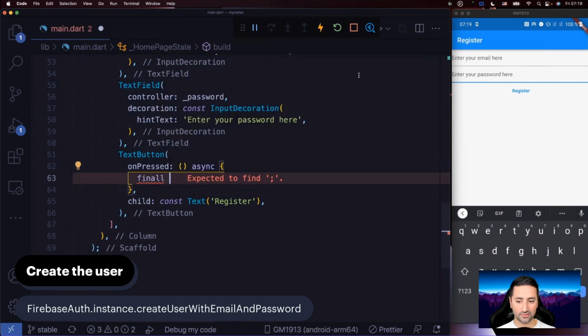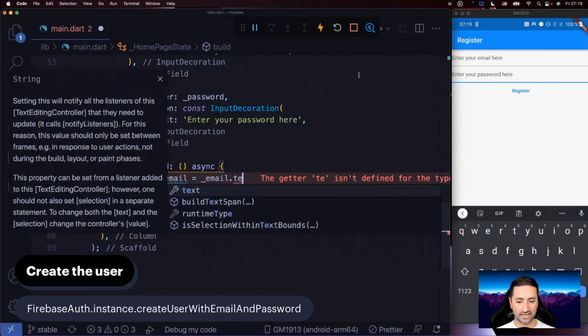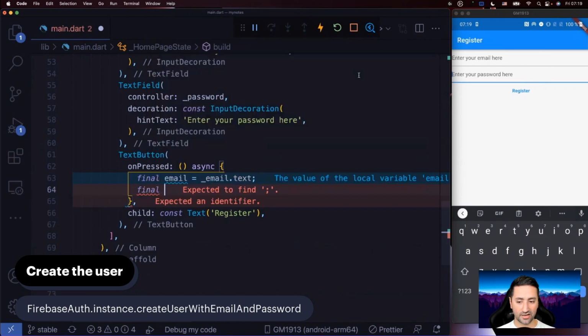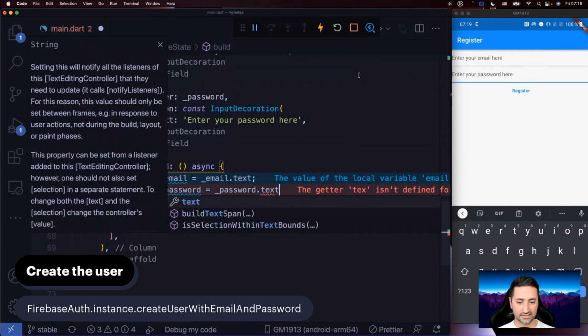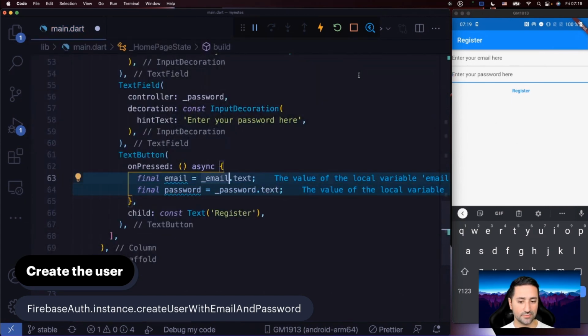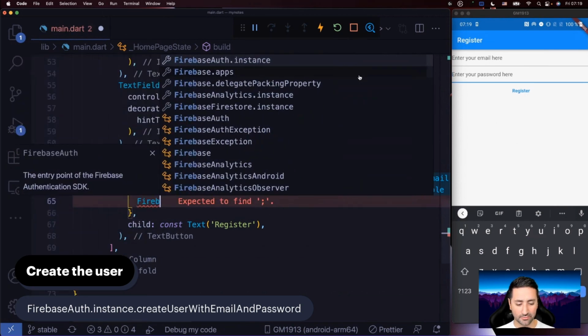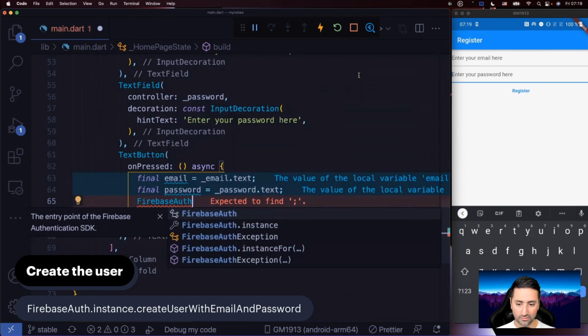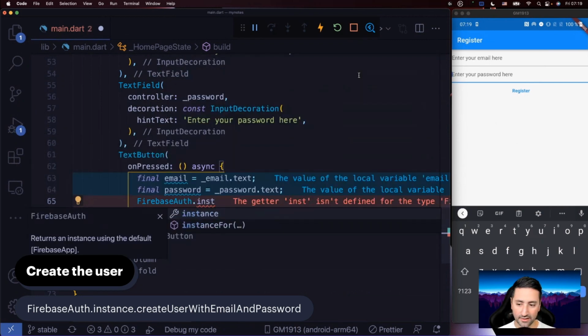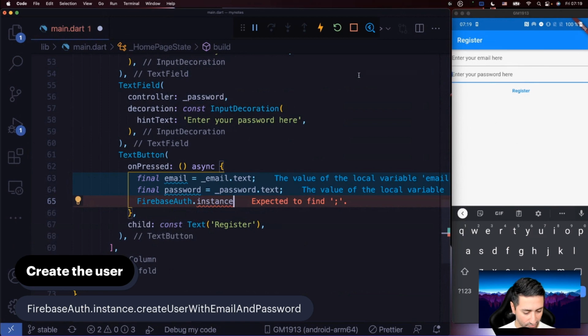So let's say final username, or sorry, email, and I'm going to say the email field text. I'm going to say final password is password text. Okay, so we're going to our email and password controllers and grabbing their text, which is the latest text that the user entered in those fields. Okay. So after we've done that, now you can go and say Firebase auth instance, and then you will say